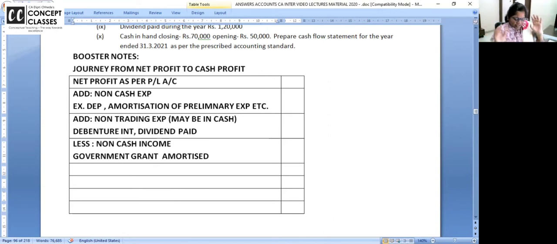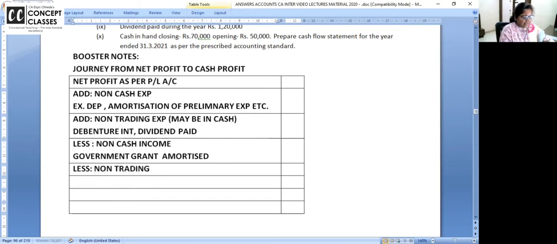I always take half an hour, 1 hour for the concept, but I hope it is clear to you. Government grant amortized. Some more examples, please leave the space so that you can add them later. And if you have followed, teach this concept to your friends. You will never go wrong in add and less in the operating activities. Non-cash expense के बाद